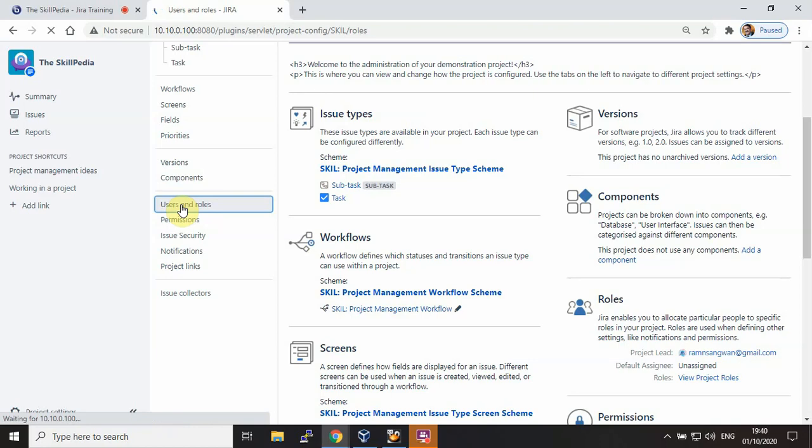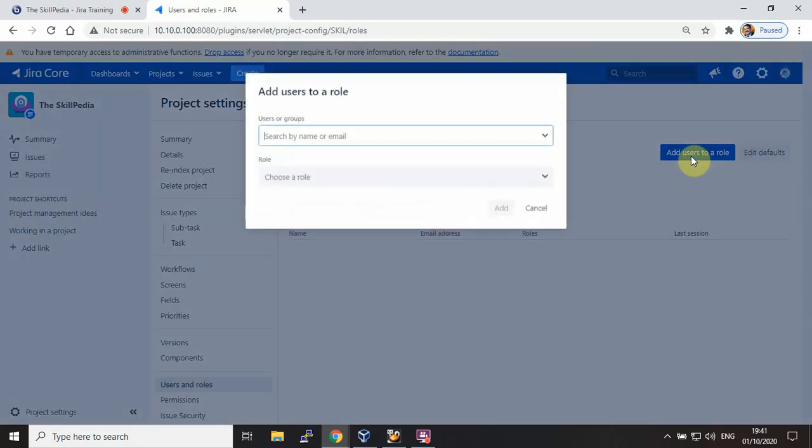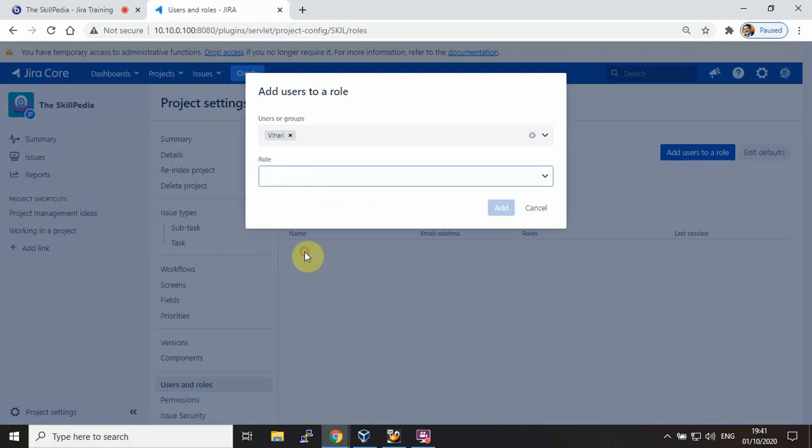You will see here the users who have the permissions on this particular project. Let's select the role tester right now. There is no user. Let's add users to a role, right? So select users. Let's say Vihari. So I was able to search, and the role is TSP tester.